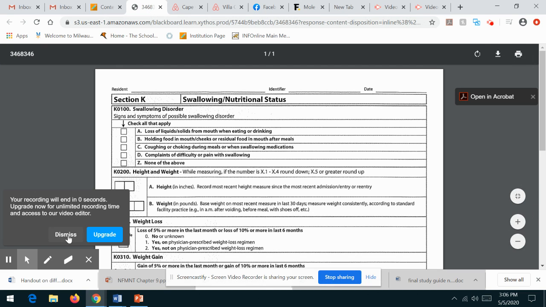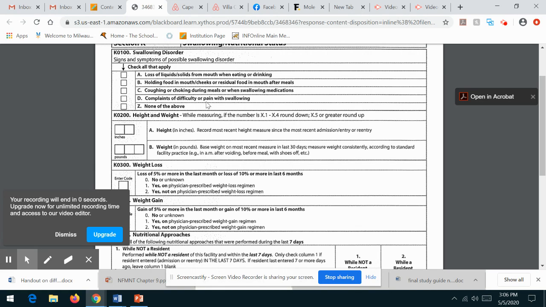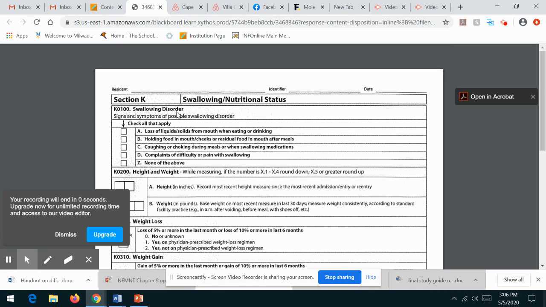All right, so here we are back on section K. And section K, again, the goal is to prevent dehydration and malnutrition. So we're going to assess the resident's swallowing. Again, getting into the dining area and observing and chatting with our clients can really help